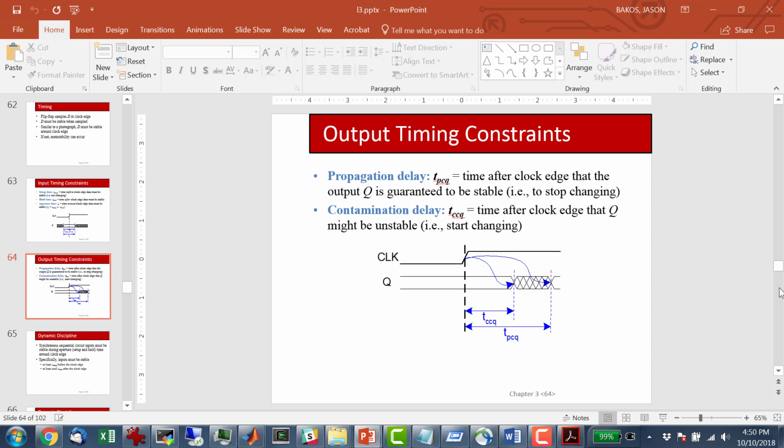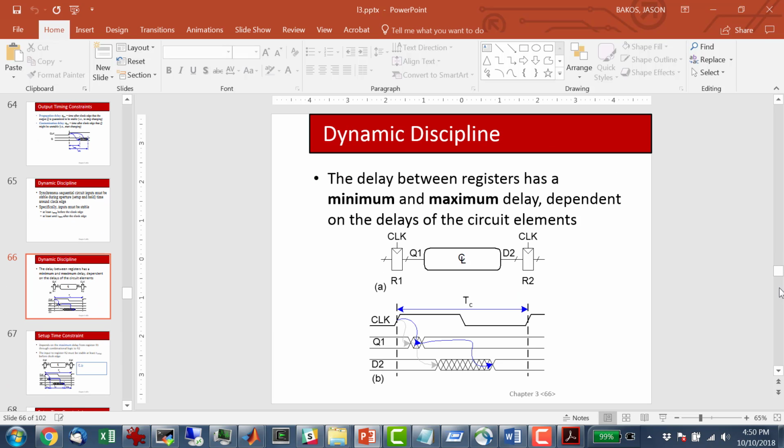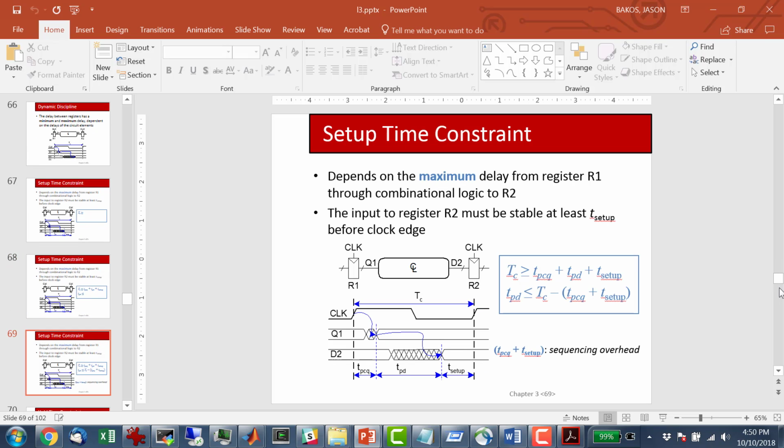So don't be confused. When we talked about contamination and propagation delay with regard to gates, it had to do with whenever you changed the value of an input to the gate. That was the time from which we were measuring the contamination and propagation delay, right? The time that you change an input to a gate, and there's some time that elapses where you'll see some activity, and then there's a little bit longer time that'll pass where the output will be guaranteed to be stable. The contamination and propagation delay with regard to these flip-flops has to do with the clock edge,